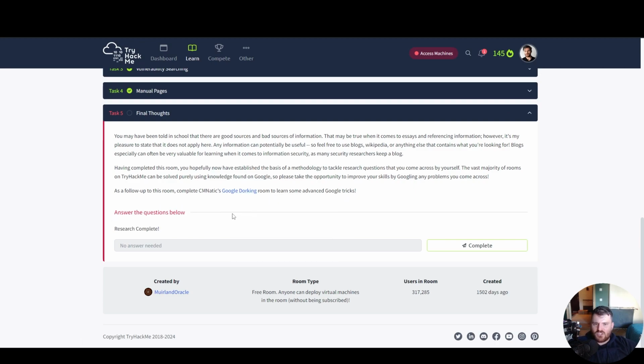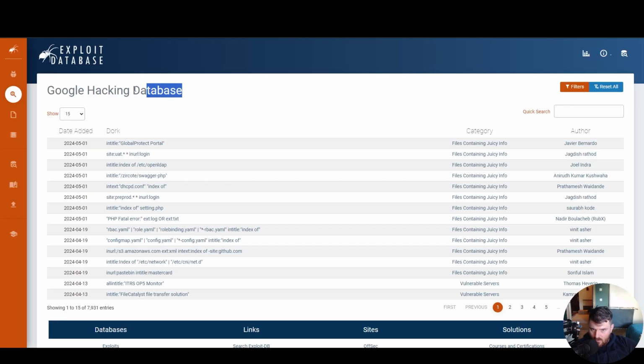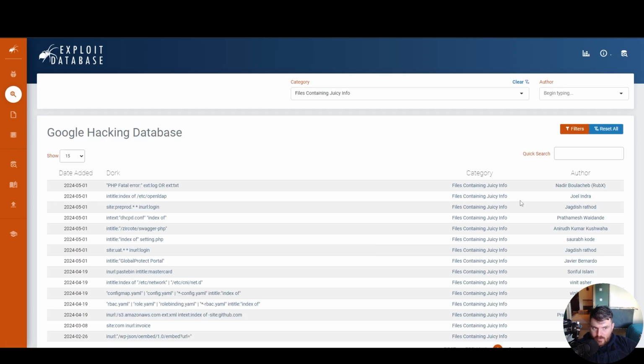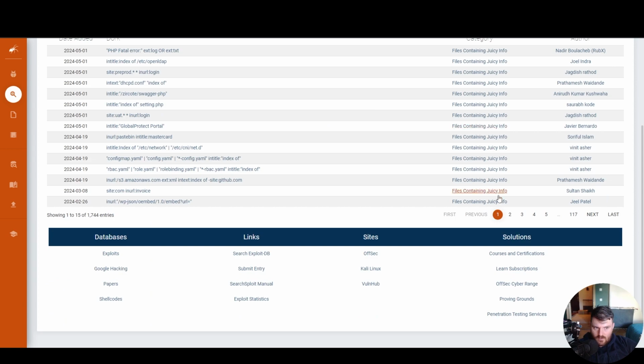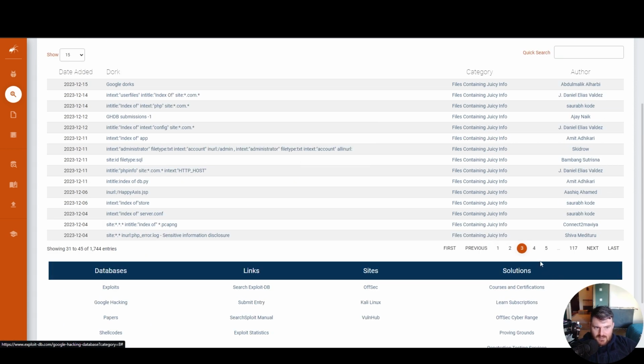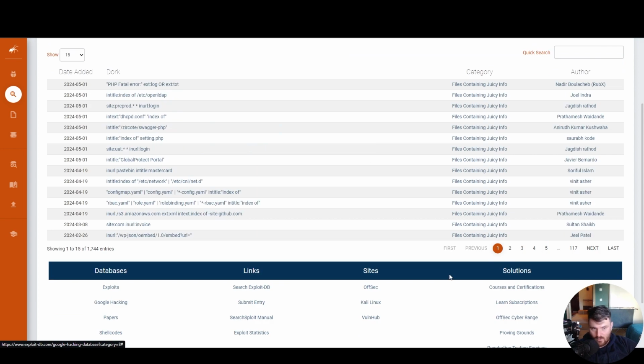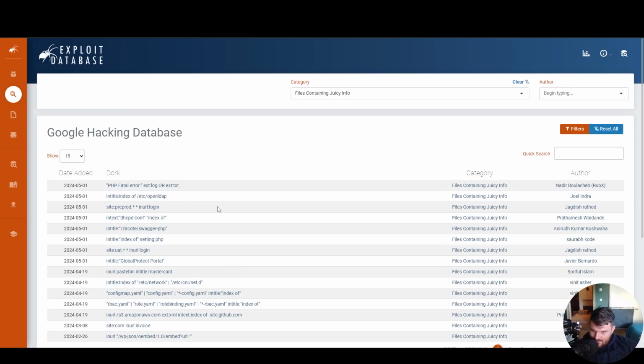My favorite question. We learned here about the ExploitDB. If you search for the Google Hacking Database, you can check a lot of Google Dorking syntax, let's say, in order to find some. For instance, here you see the category. You can search for juicy files, and basically information that you can use to find extra information about the target that you have. But we'll run through that at a different time.